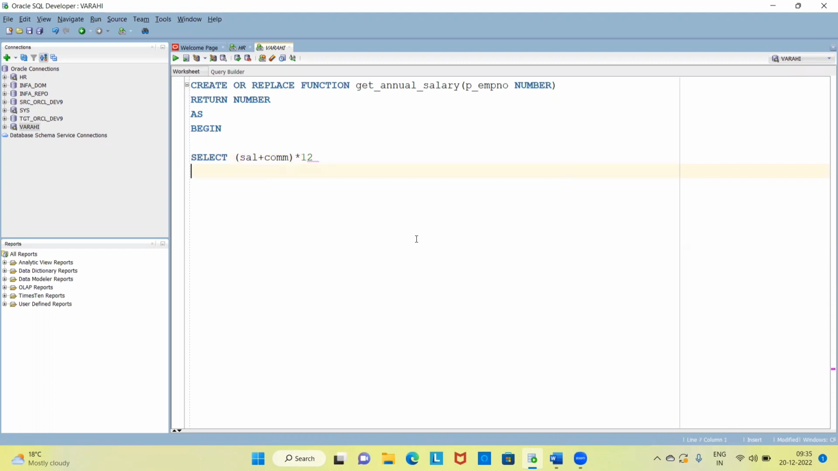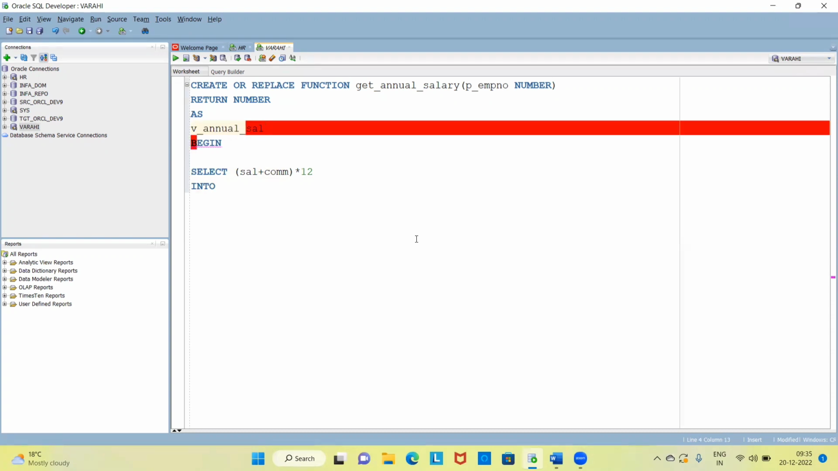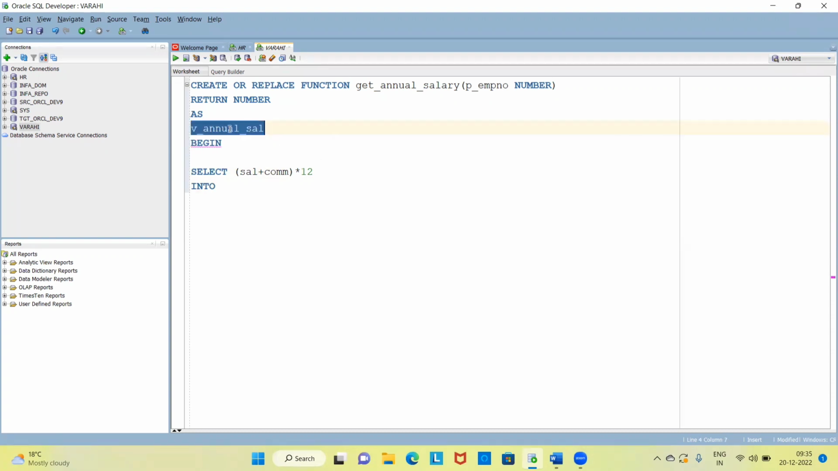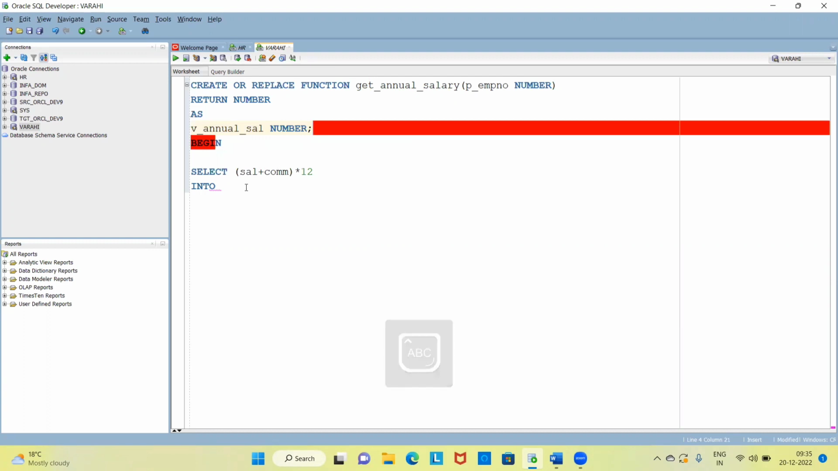Okay, so this output I have to store somewhere definitely. So I need a variable. So let me declare a variable here, v_annual_sal. This is my variable, and it will hold numeric data. And here I'm writing